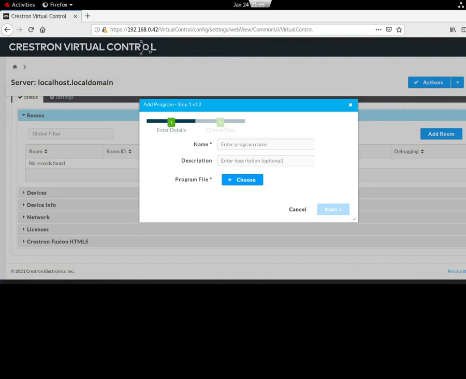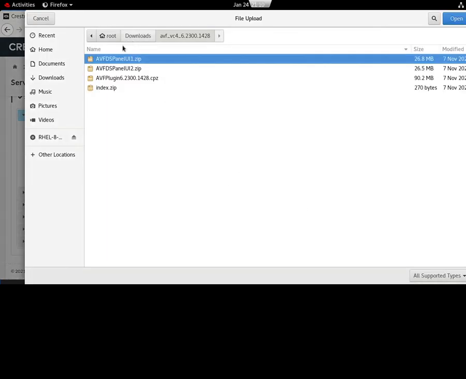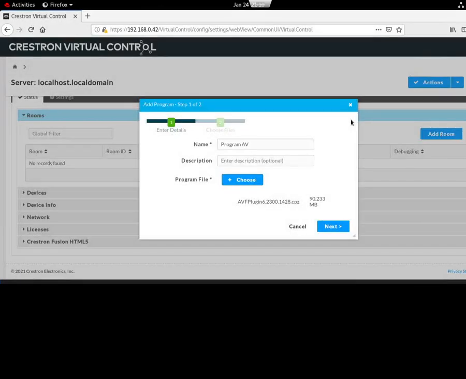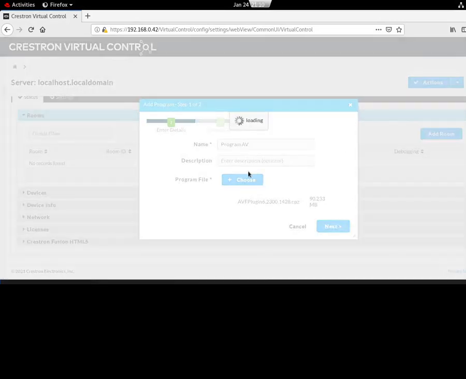then we will put the user defined name for the program, so basically whatever we like, program AV. I will skip the description, and then for the program file I will go choose, and here is my downloads and the AV framework, and we will choose the one with this extension CPZ. Okay, open, then we will go next,